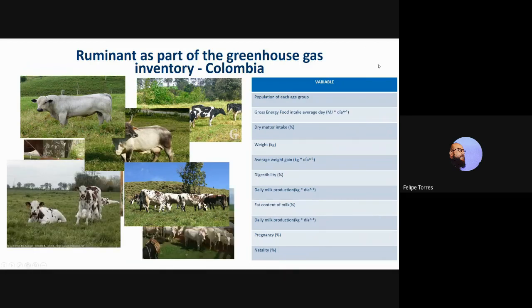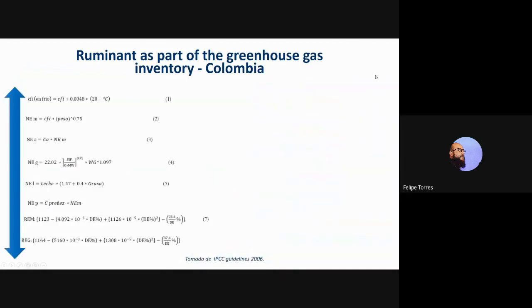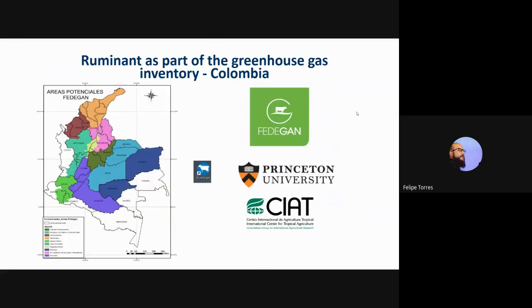As Alejandro showed, the ruminant model includes all energy needs: maintenance, activity, growth, lactation, pregnancy, and we can estimate all emission factors for the country in Colombia more easily. In the next slide,